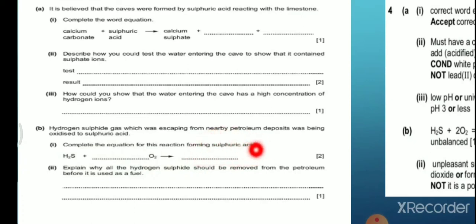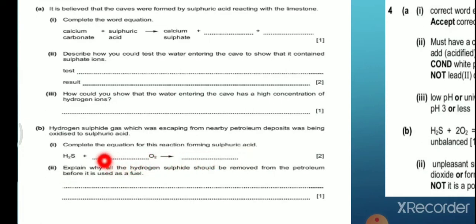So they want to form sulfuric acid, so you should write H2SO4 in this blank. The hydrogen sulfide formula is H2S. Oxidized means O2, gives sulfuric acid means H2SO4. After writing this equation, that is H2S plus O2 gives H2SO4,